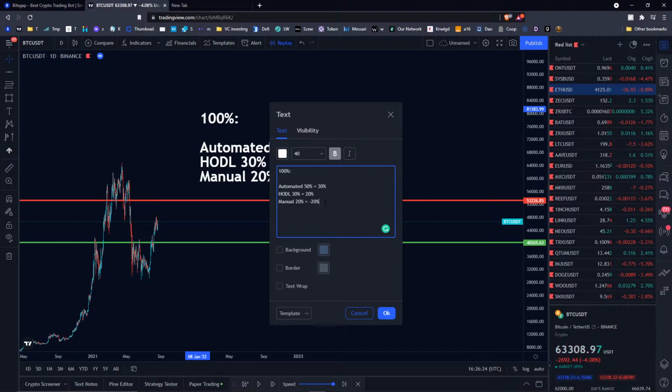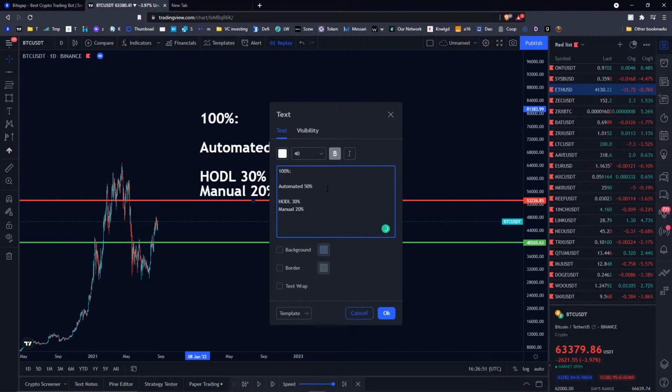So that's why I think that's the wise thing to do when it comes to risk management, is to split your investments into different products. So in the case of Bitsgap, that's automated bots, that's the hodl strategy, and that's the manual trade mode. And it played well for the last year in my case. So automated bots, 50% allocation has, for me, proven to be the best golden ratio in that case.